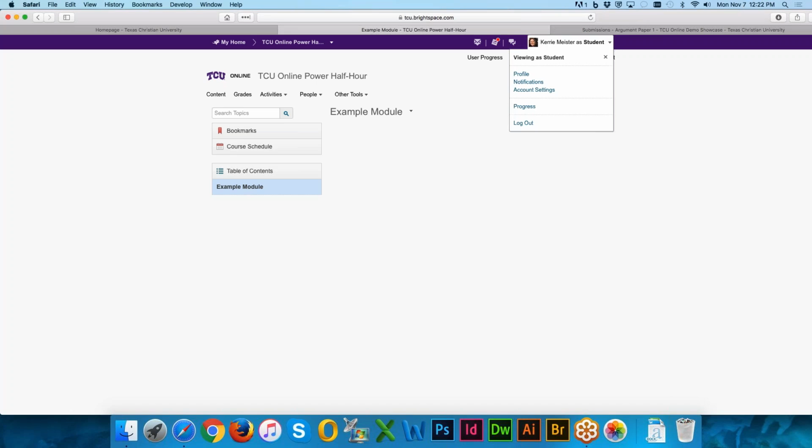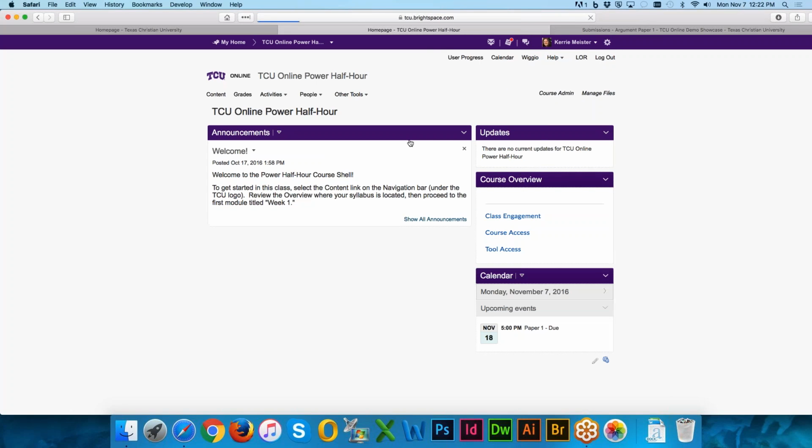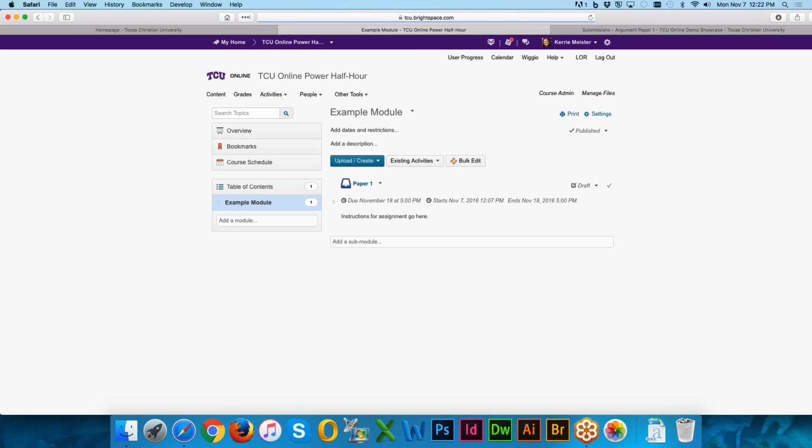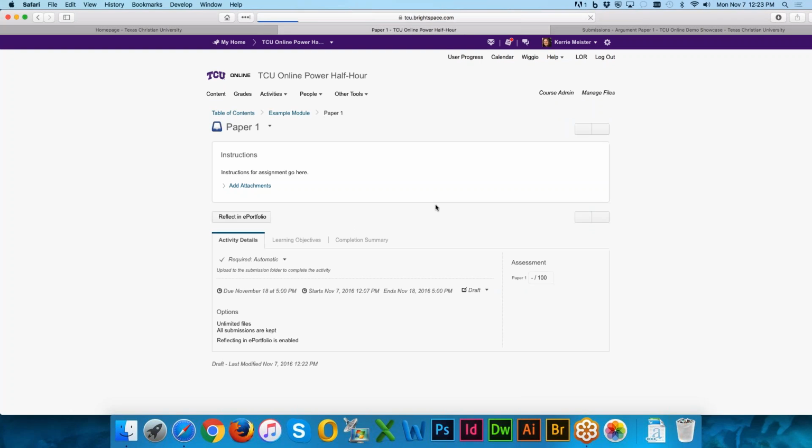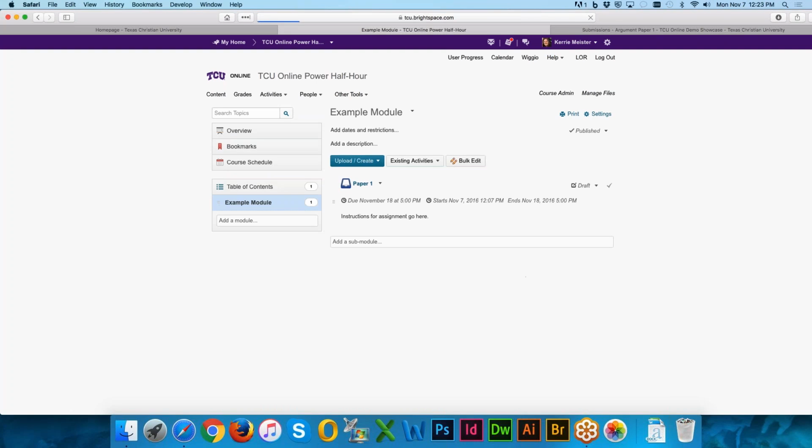Oh no, I have this set up with timestamps on it. Okay, so in theory, if it was set for the correct timing here, I would go in as a student and I would see the instructions right on the page, and I can open that and submit my assignment directly from here. If I wanted to create a new assignment from here rather than going to the assignment tool,